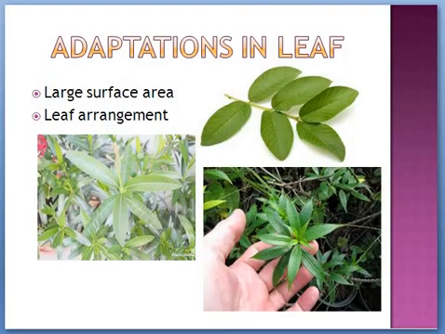Okay, the next one. So that's it about the process of photosynthesis, and the next topic that we need to learn is adaptation in leaf for photosynthesis. You have studied the adaptation in leaf for transpiration also, but for photosynthesis, the surface area has to be larger. For transpiration, surface area has to be reduced. So wherever plants are growing in a drought area or water-less area, the surface area will be less for reducing transpiration.